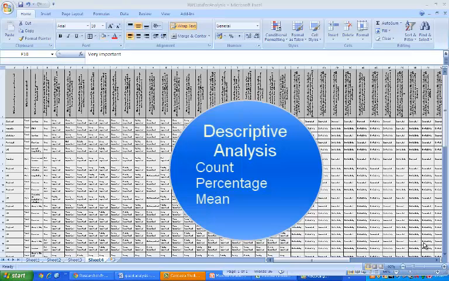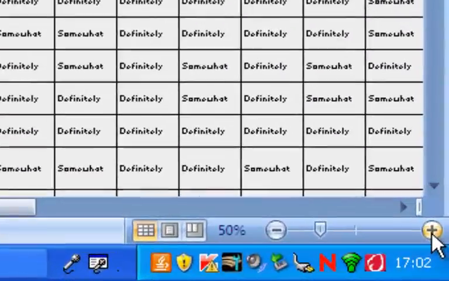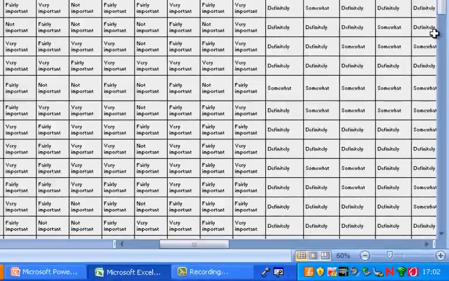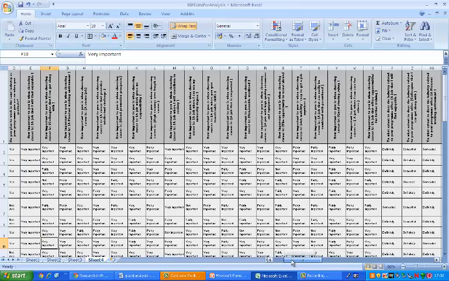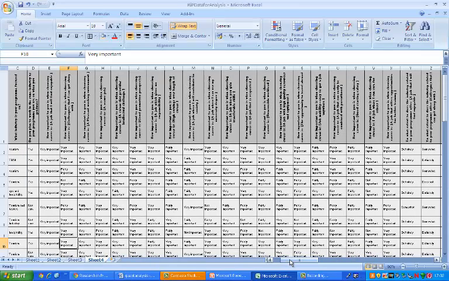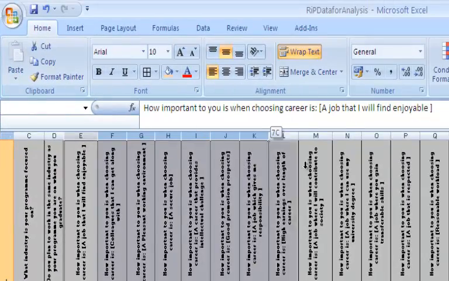What I'm going to start by doing is copying the specific data that's relevant to my research question, that's looking at what we hope for and what we expect in terms of careers. And to do that I need to zoom in a little bit so that I can read the information. And just to simplify things, I'm going to select the specific data I want and put that in a new spreadsheet. So from here, how important is